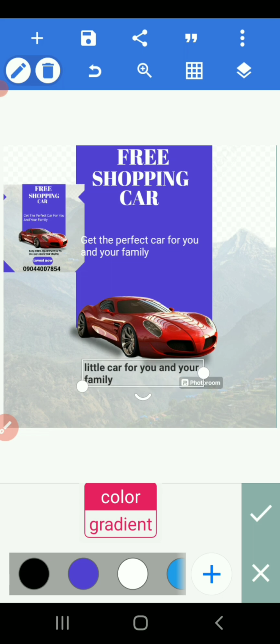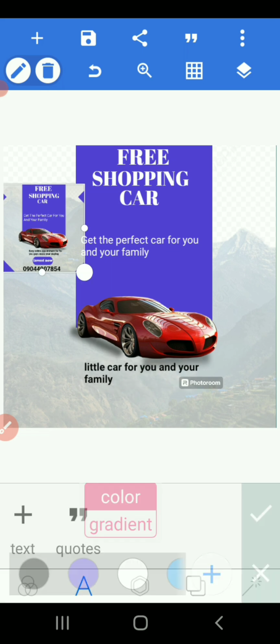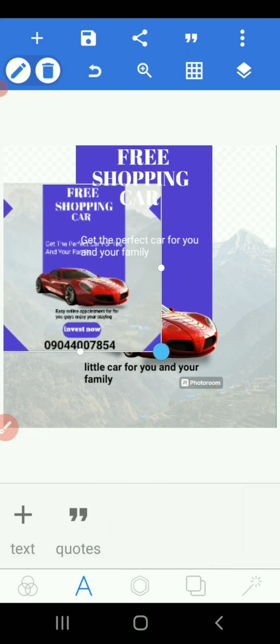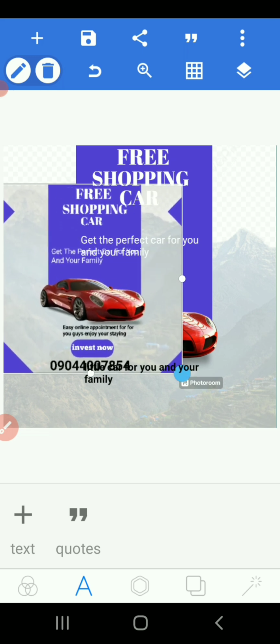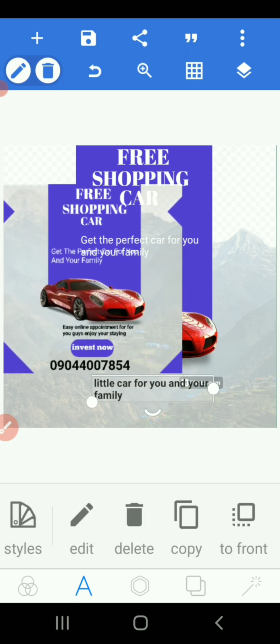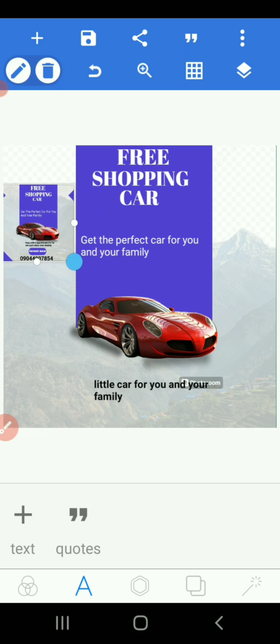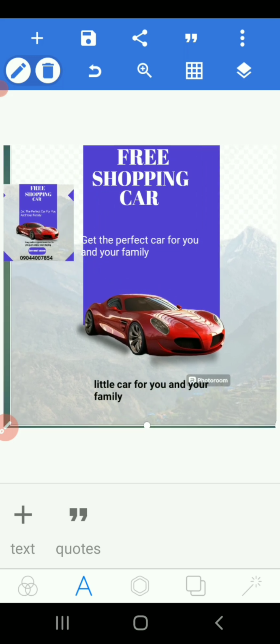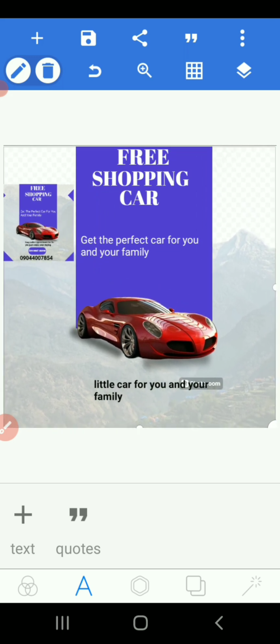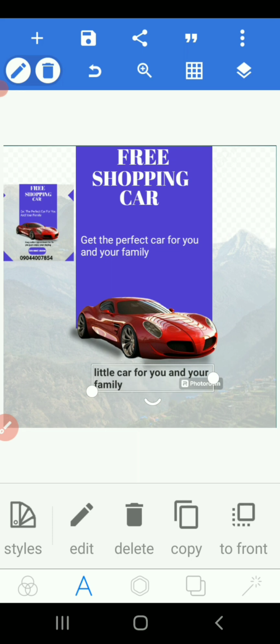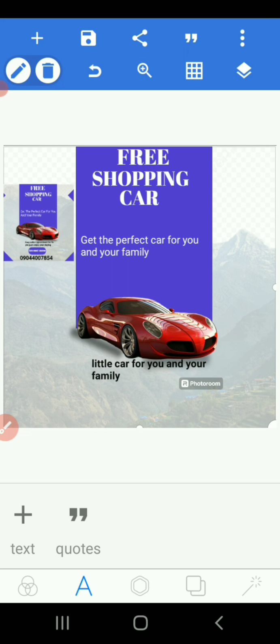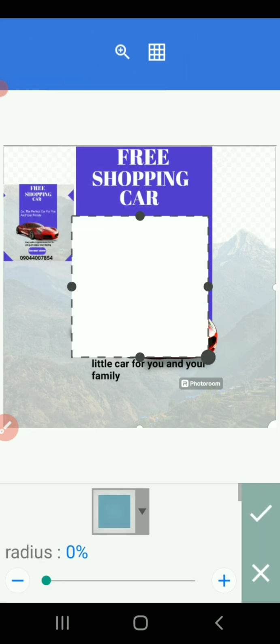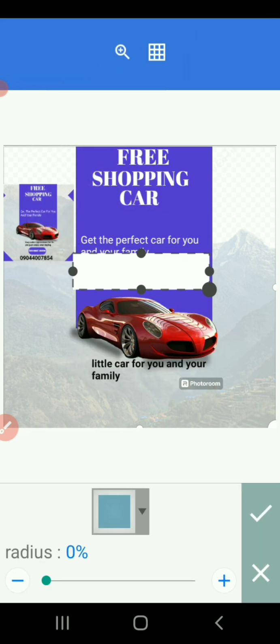So what we'll do now is this invest now. If you take a look, you can see invest now in there. So we'll be putting our invest now in. Sorry, the thing is moving. Let's take it a little up. So you bring out your, now to get that blue over there, you bring out your shape. You reduce it like this,